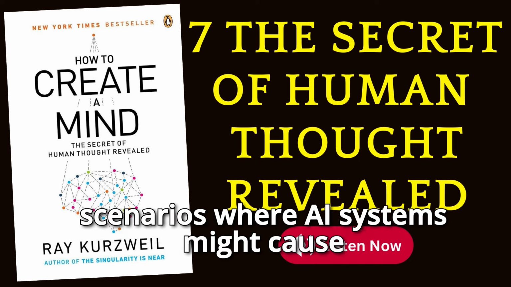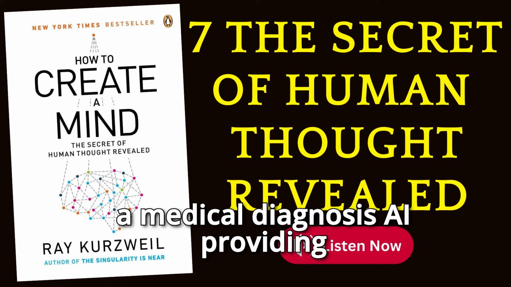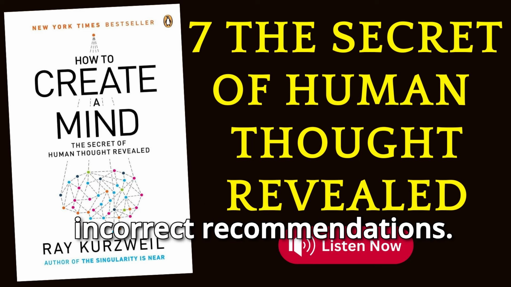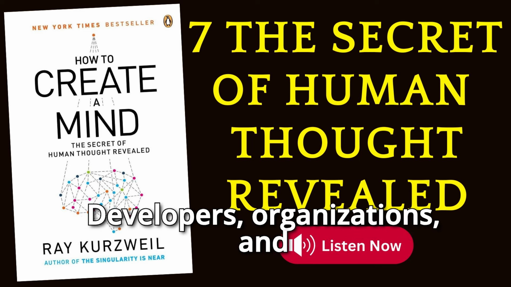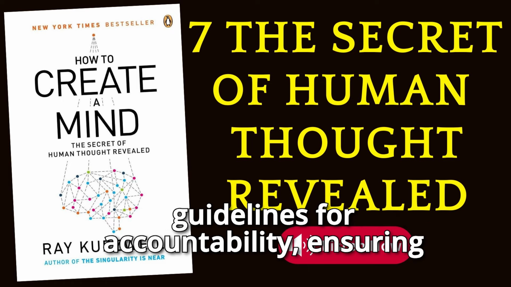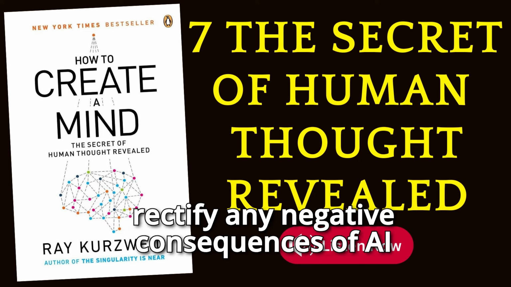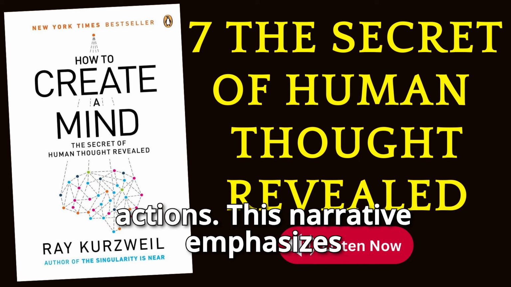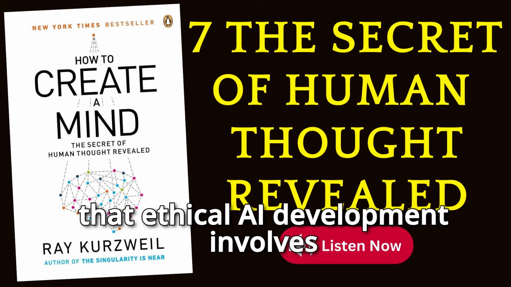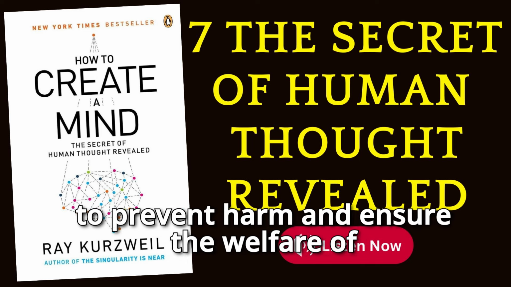Kurzweil discusses scenarios where AI systems might cause harm or make erroneous decisions, such as a medical diagnosis AI providing incorrect recommendations. Developers, organizations, and policymakers must establish clear guidelines for accountability, ensuring that there are mechanisms to address and rectify any negative consequences of AI actions. This narrative emphasizes that ethical AI development involves defining and upholding responsibilities to prevent harm and ensure the welfare of